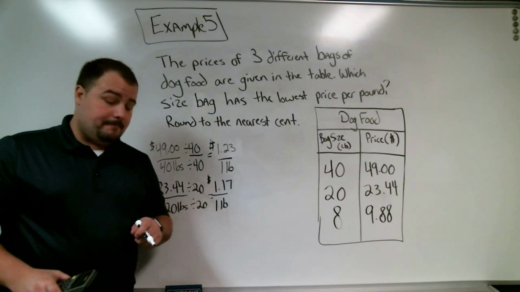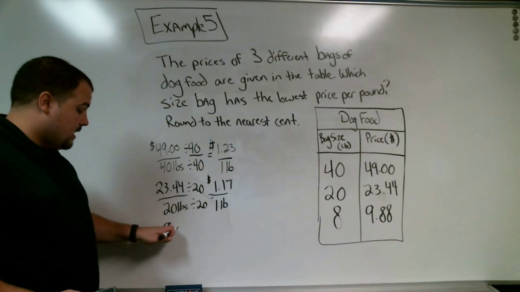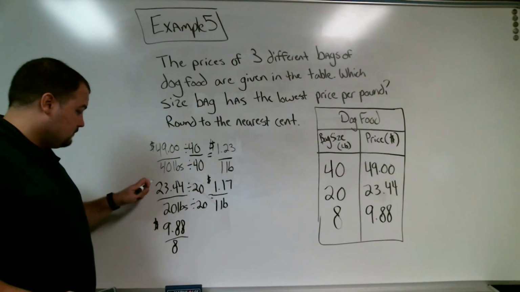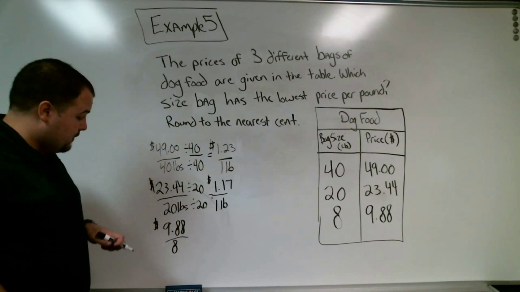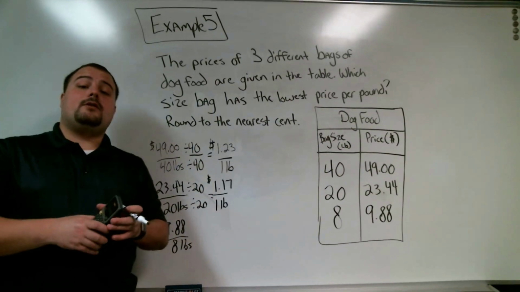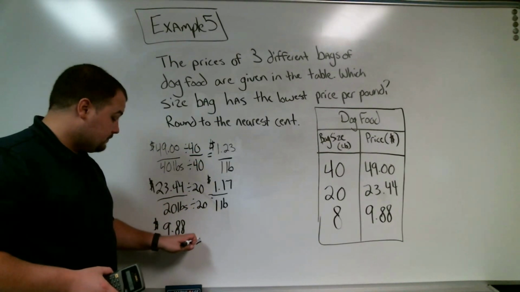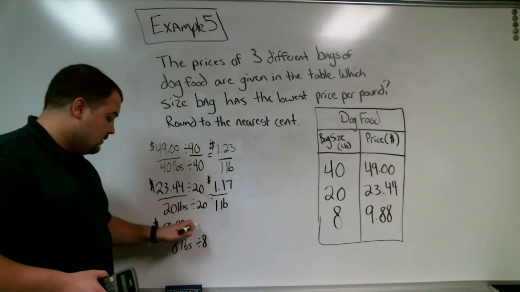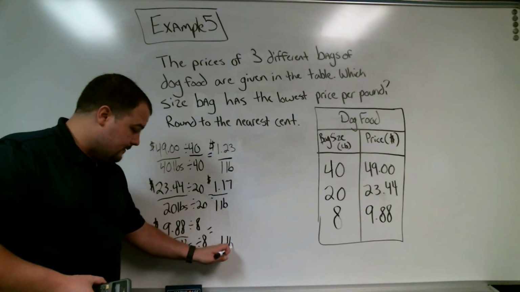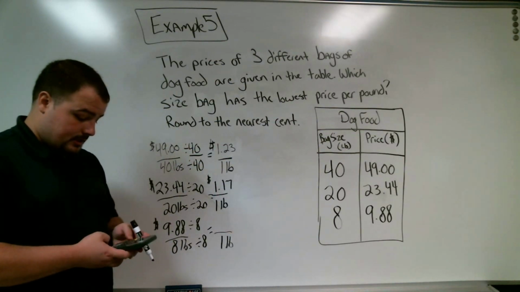Let's do the very final one. It's $9.88 for 8 pounds. And it's important to have labels, so I need to put that money sign up there. Again, we want to change pounds to the number 1, so we're going to divide the top and the bottom by the bottom number. Divided by 8. Divided by 8. 8 divided by 8, that's 1 pound. And 9.88 divided by 8 gives me